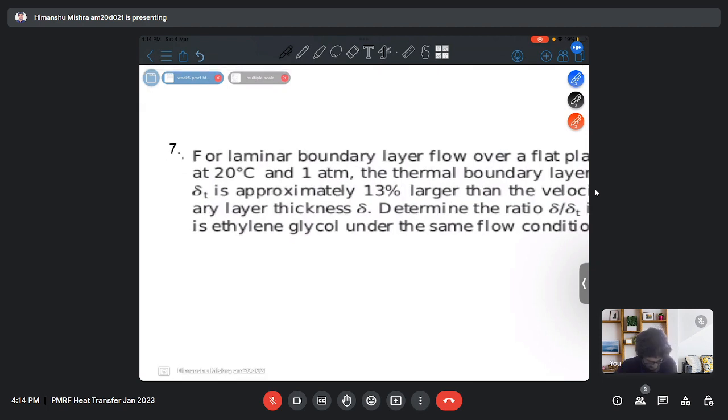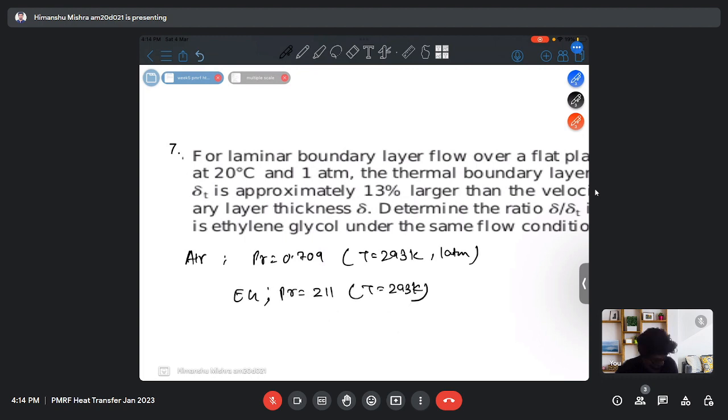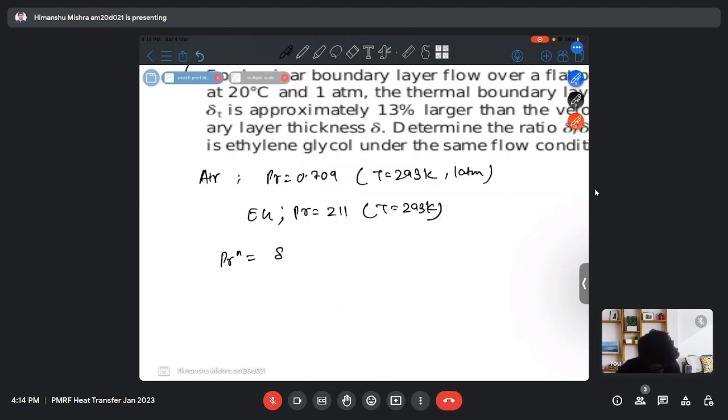So for air, let me define the properties. Prandtl number is 0.709 at temperature 293 Kelvin and 1 atm pressure. And for ethylene glycol, my Prandtl number is, let's say, 211 at temperature 293 Kelvin. So I can define the Prandtl number as